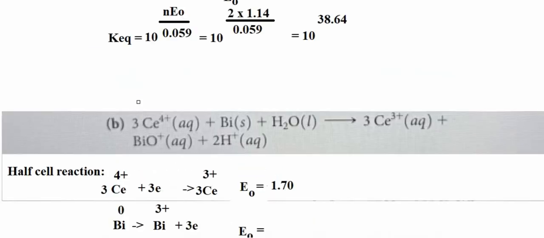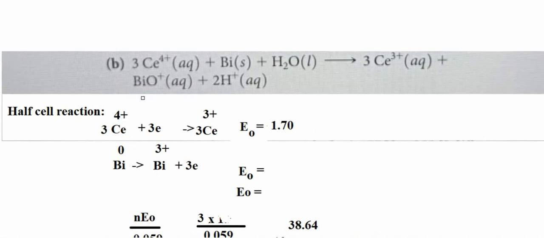After that, we need to find which one is reducing, which one is oxidizing. So we have Ce and Bi. In the Ce we have 4 plus, but after reacting we get 3 plus. If we look at the chemical reaction, we have 3 Ce and 3 Ce in here. And because 4 reduced to 3, only 1, but we have 3, that's why we send 3 electrons